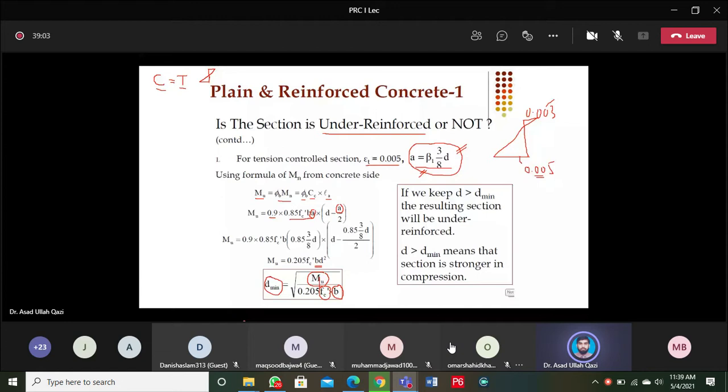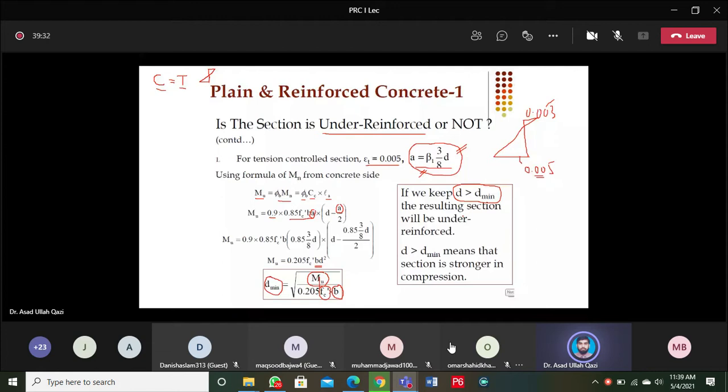So if we keep in our selection of the cross section for design problems, d of the cross section greater than or at least equal to d minimum, the resultant section will be tension controlled under reinforced,